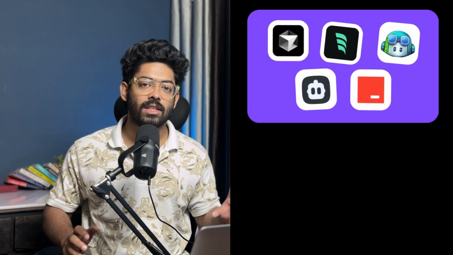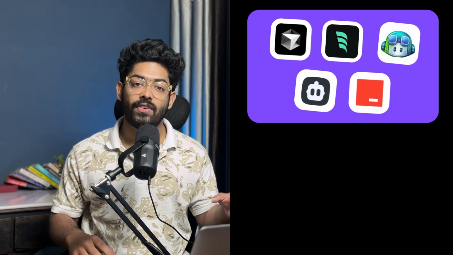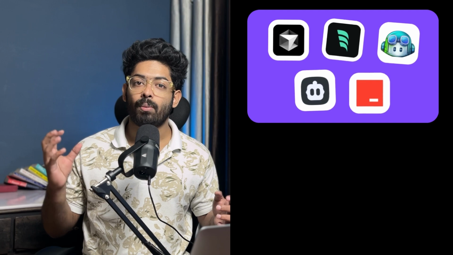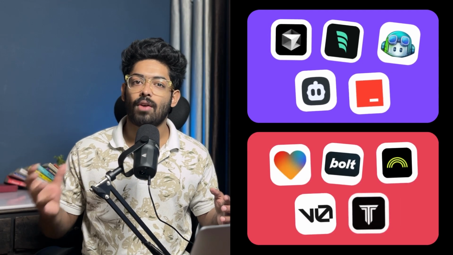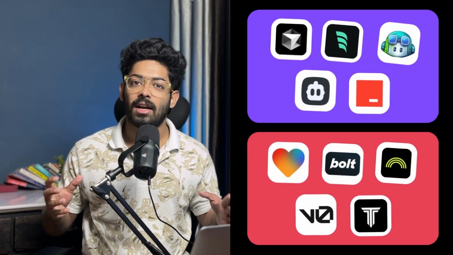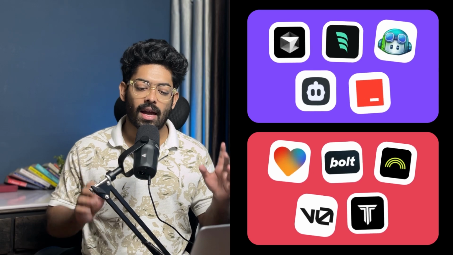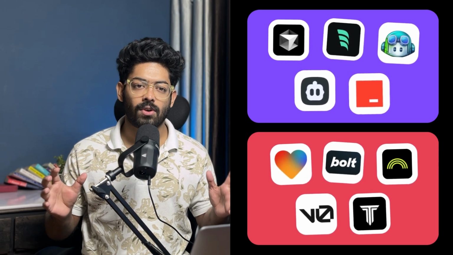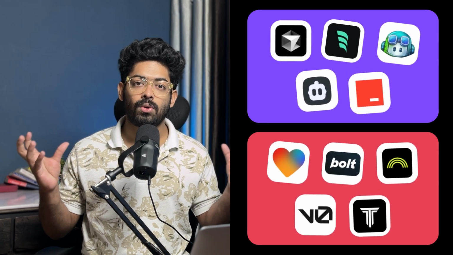Now first and foremost, I'll go ahead and categorize all these coding tools into two categories. So we have group A and group B, and in group A I'll include tools like Cursor, Windsurf, and VS Code extensions like Cline, or maybe let's say GitHub Copilot. And in group B, I'll include tools like Lovable, Bolt, V0, Databutton, Tempo AI, and all that, okay? And now there is a specific reason I've categorized these tools into two distinct